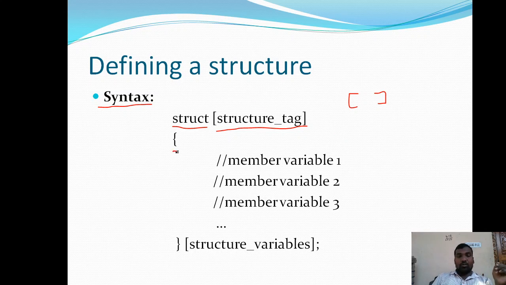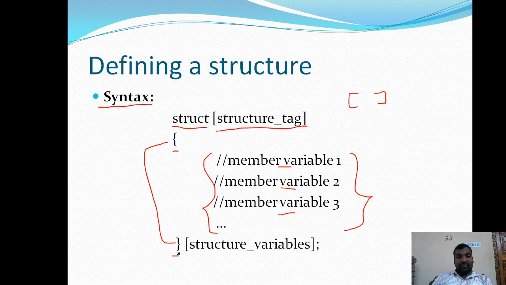Then an open curly brace and a closed curly brace. In between them we can define any number of variables, arrays, structures, etc. We call all of these member variables of this structure.